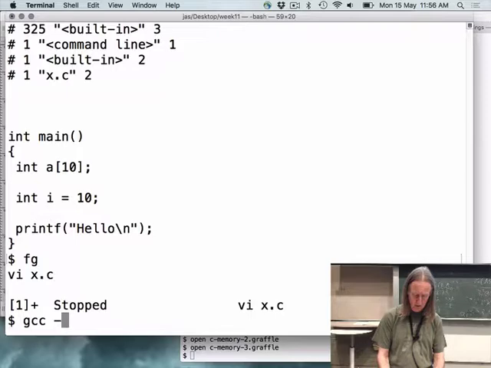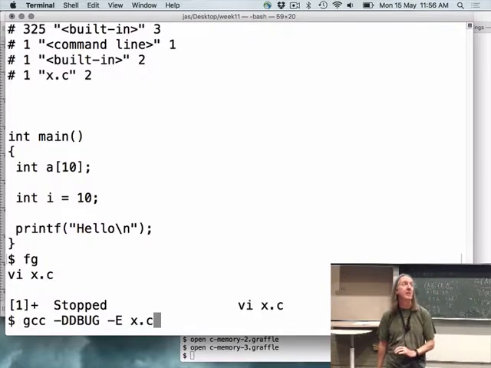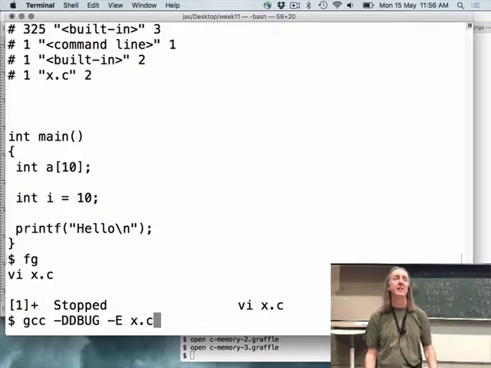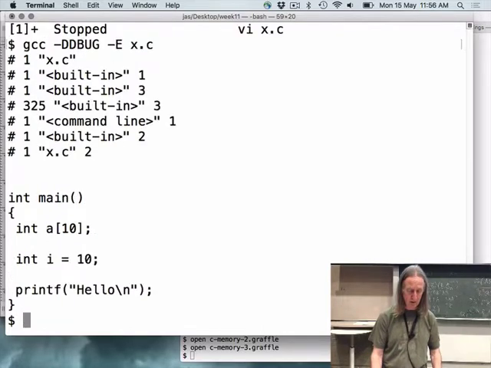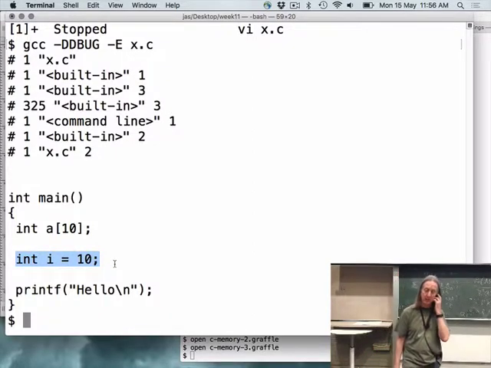So you can go gcc minus capital D and then the name of the symbol that you want to define, and then minus C and x.c. So that effectively compiles x.c but with debug as a defined symbol. So when I get to that if def debug, then the code that follows that is going to appear in the output. So we should see int I equals 10 appearing.